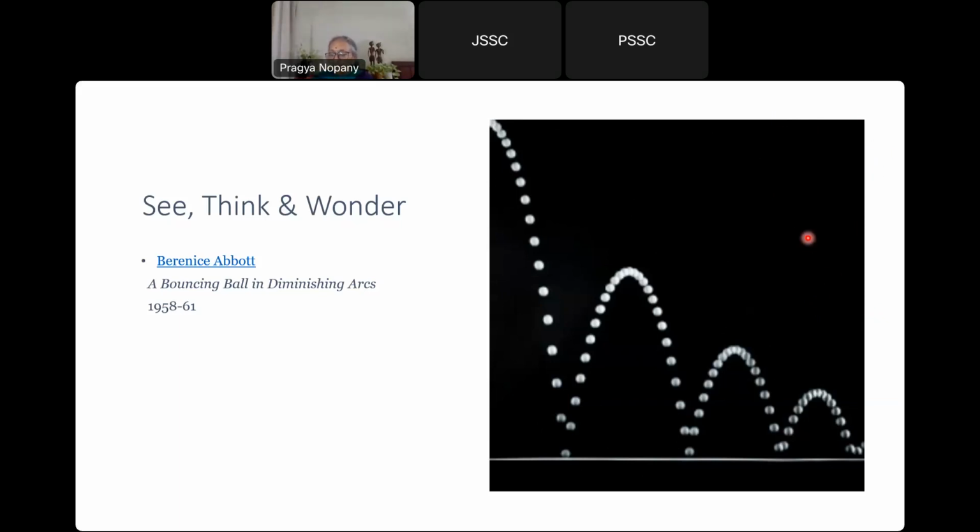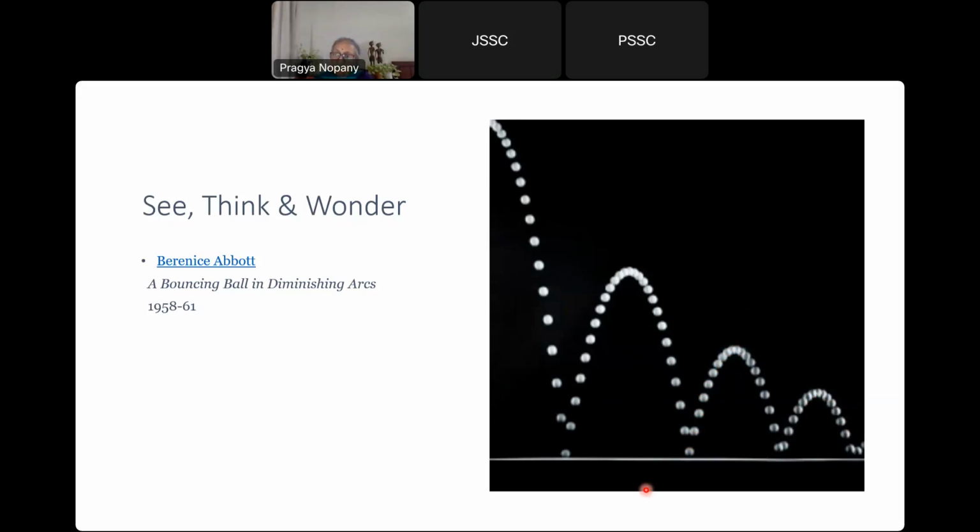Now, if I were in your place, I would say that I see a round circle placed at different positions. Initially, there is a lot more distance, then the distance between them is reducing, and then here these circles are very close to each other, and then again the distance goes on increasing, and then again the same spheres or circles are placed, but this time the height to which they are placed is lesser, and then again lesser. Now, what do I think about it? These are my observations. I am not thinking anything.